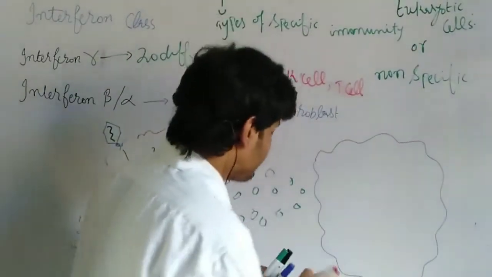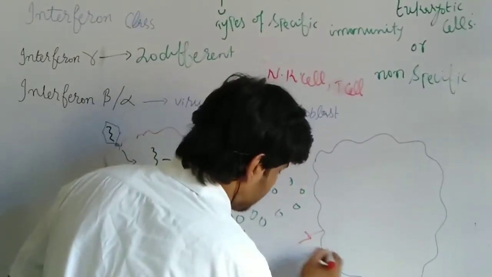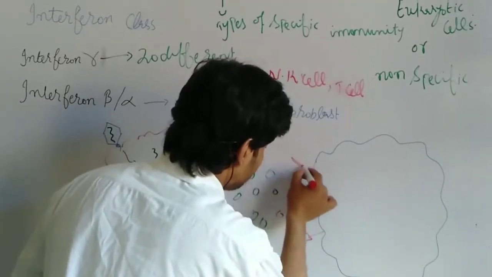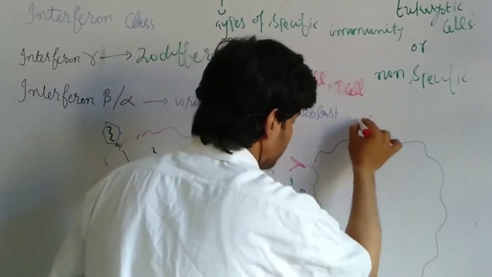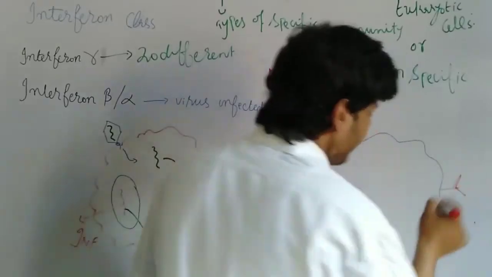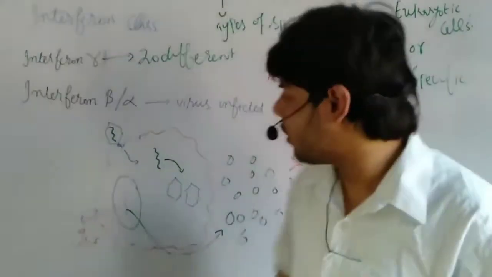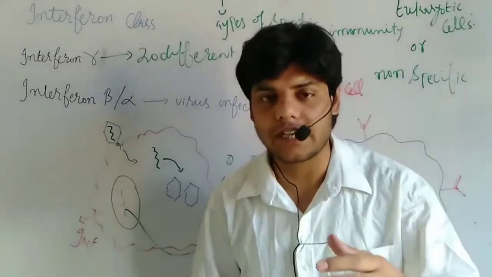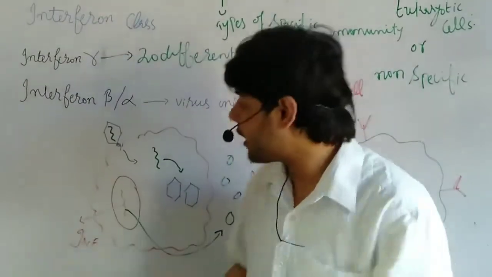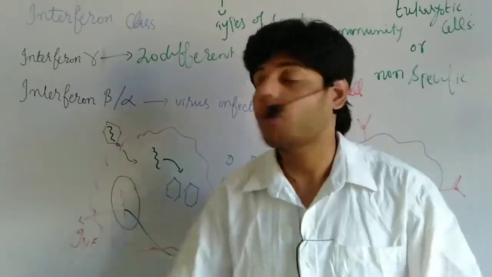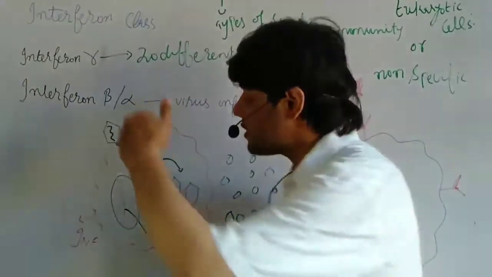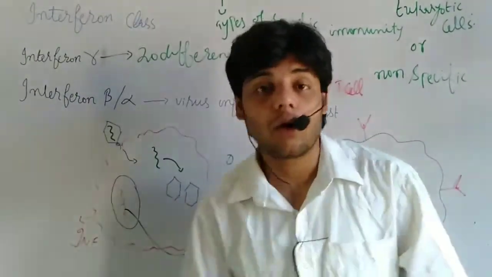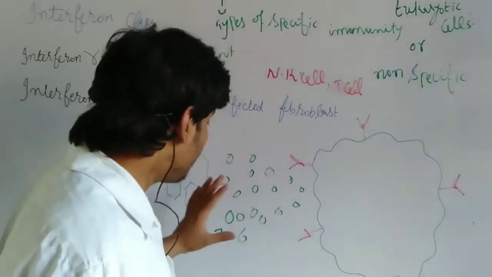Now on the surface of each cell, there are receptors. If you remember, we already talked about the viruses' life cycle, different viruses' life cycles. If you missed that video, it is on my channel: how the viruses are synthesized, how the viruses attack, how the viruses attach to the cell. Okay, now what actually happens?